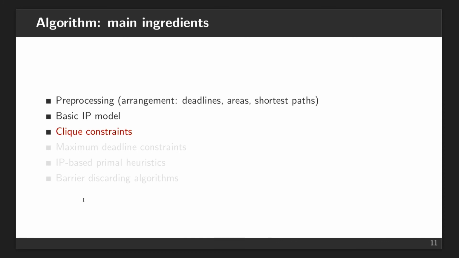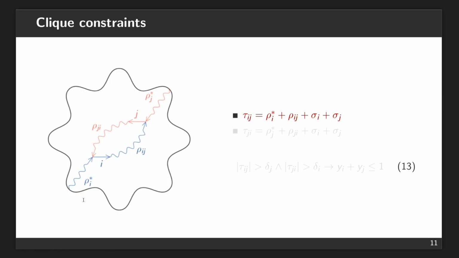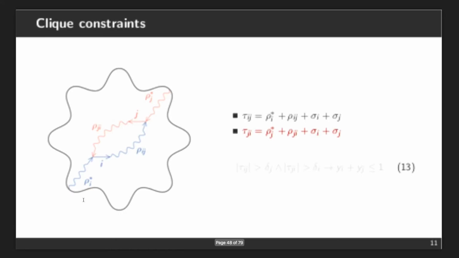The other thing we consider is to add some clique constraints to this model. And this goes as follows. Suppose that for a barrier I, you compute the minimum time to get to the starting point of this barrier. Then you construct this barrier. Then you have the minimum time you need to go from barrier I to a barrier J, and then you have the time to construct J. So you compute this in tau ij. And you do the same the other way around: if you go to J and construct J first, and then you construct I.